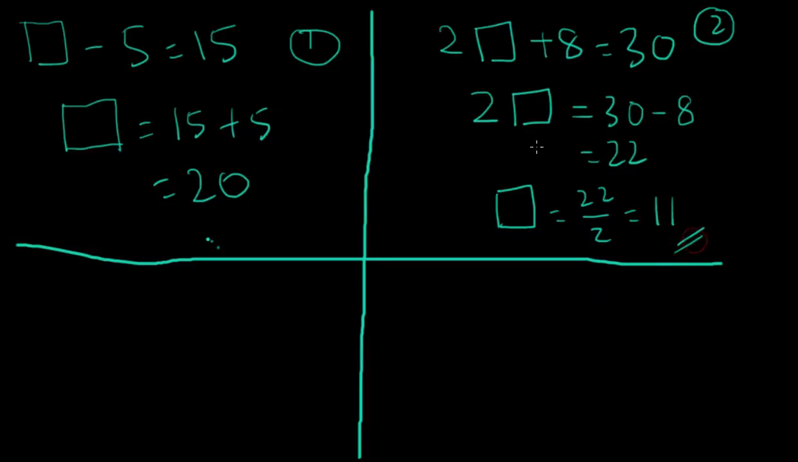So what this means is that if you take 2 multiplied by 11, that is 22. 22 plus 8, that is 30. So the box number has to be 11. Okay? So what algebra does is that it replaces these boxes with letters instead. Right? So instead of drawing a box here, what we can do is to replace the box with an unknown